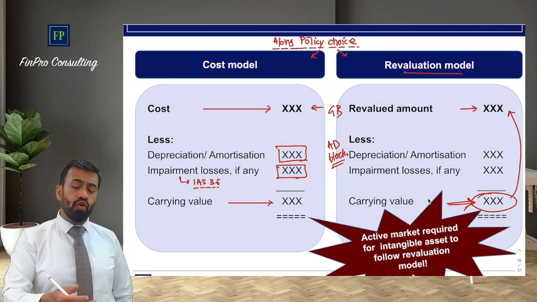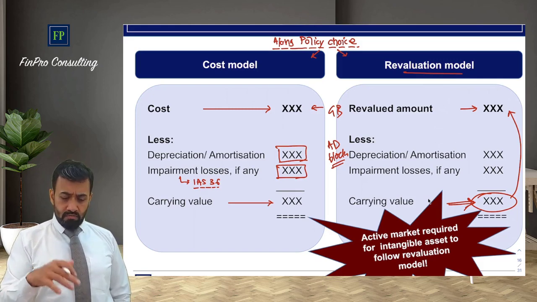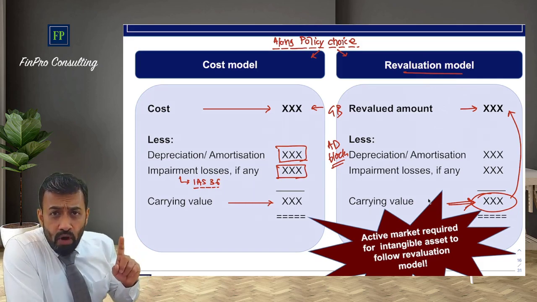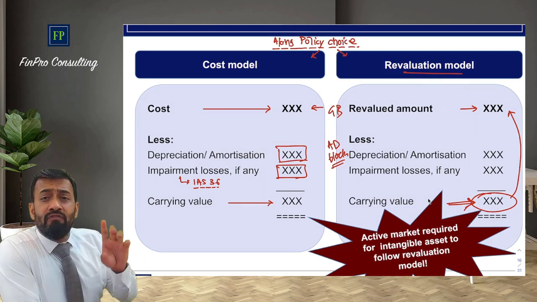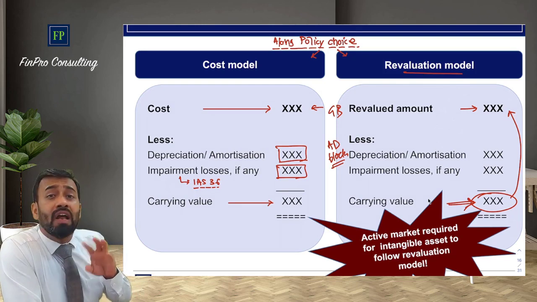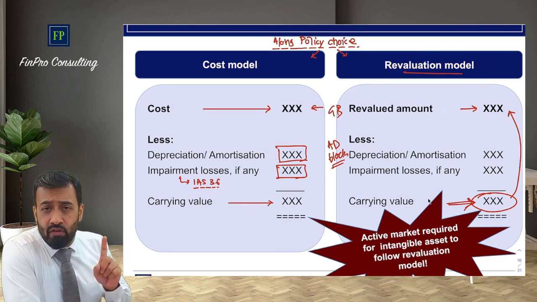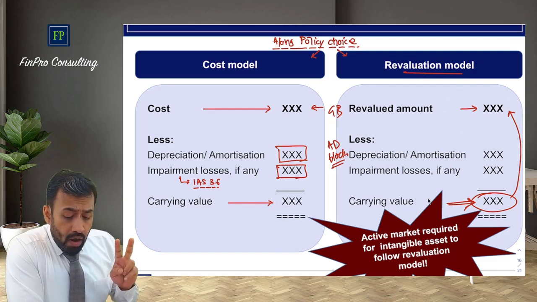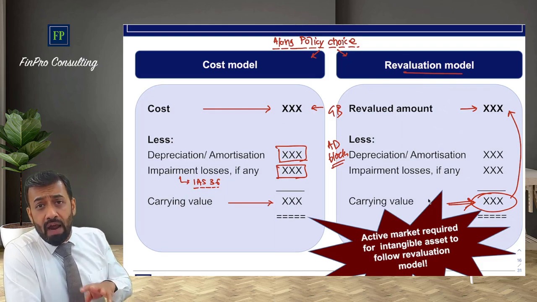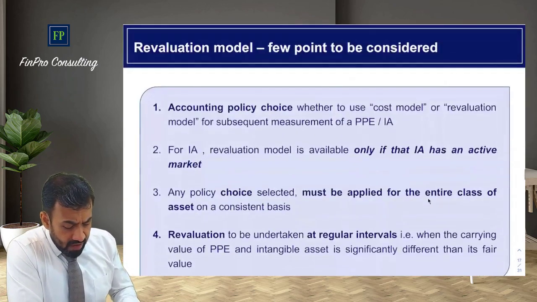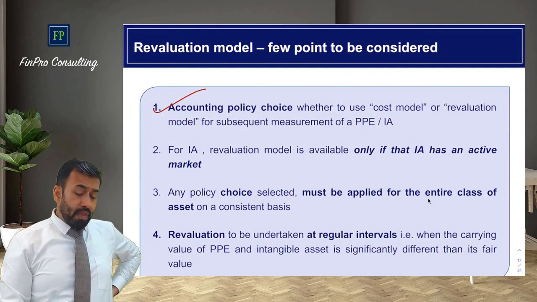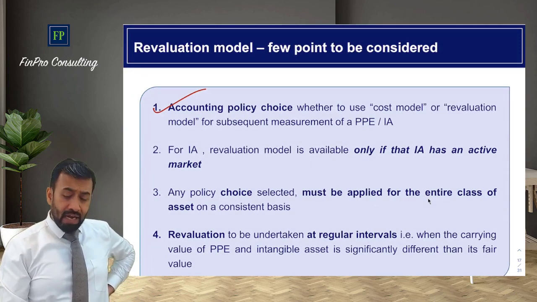So there are two methods. How do you restate this? Alright, we'll see those methods. First of all, I'm explaining only the first point. The first point is you have to revalue the property, plant and equipment at regular intervals, not yearly, not quarterly, not half yearly. Regular intervals, I've explained the meaning of it. Second, if the amount is revalued, where the gains or losses will be accounted for and how they will be accounted for. So for that we have seen the simple thing. So first of all, we have seen it is an accounting policy choice. For intangible asset, we have not discussed, but that part we will discuss.